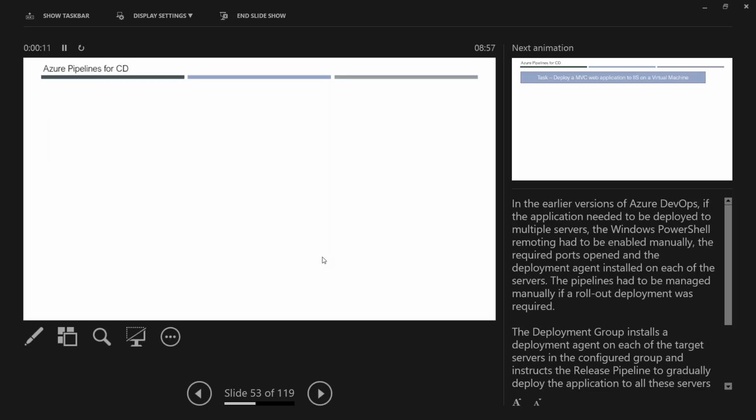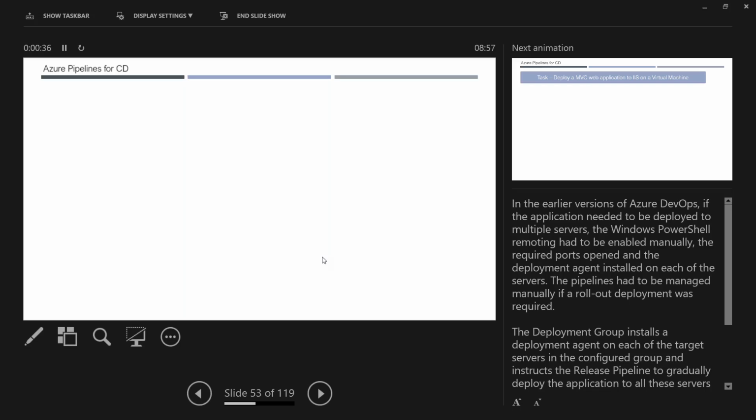Okay. So now we're done with automated builds, which is nothing but your continuous integration in general language. And in Azure DevOps language, it is an Azure build pipeline. Okay. Now the next step is continuous deployment or continuous delivery. There is a small difference between continuous deployment and continuous delivery. Both are not the same.